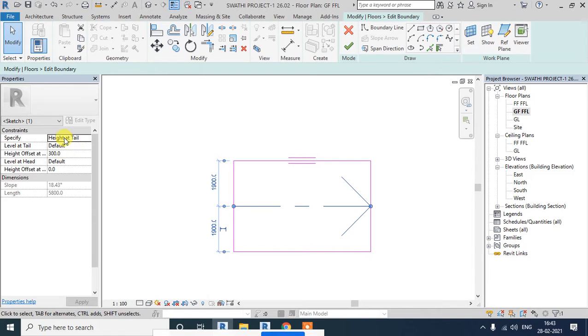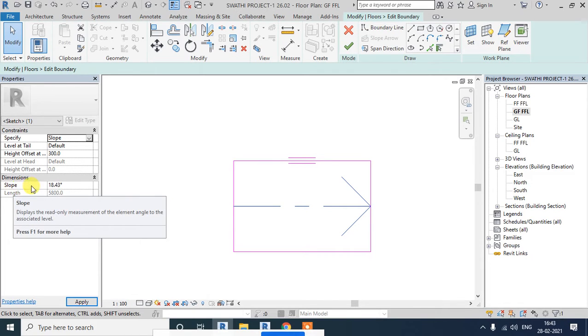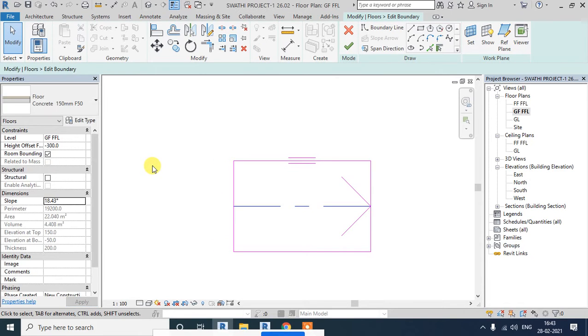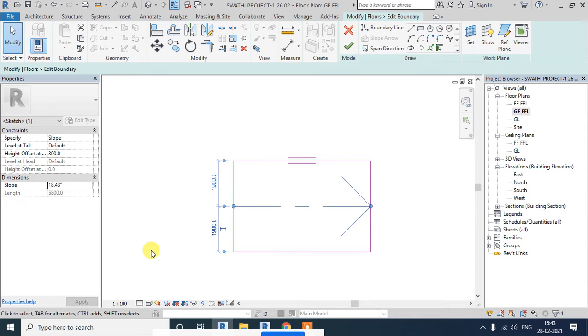So I want to give a specific degree. So I'll change this to slope rather than height at tail. Now you will see that it's specifying the slope in degrees. 18 degrees it seems. Did you follow that? But you want to specify the slope in a ratio. So what am I supposed to do?